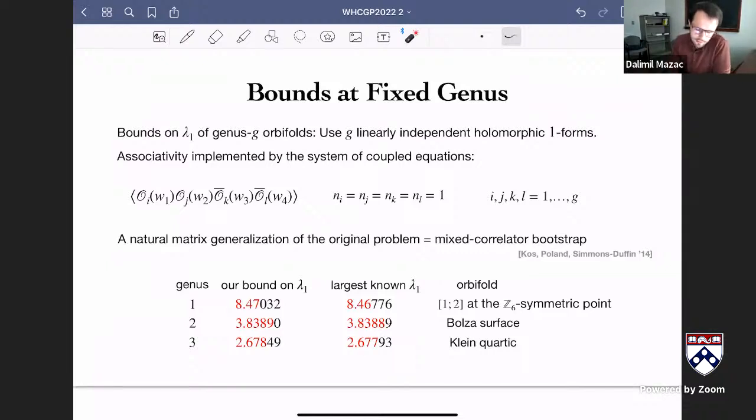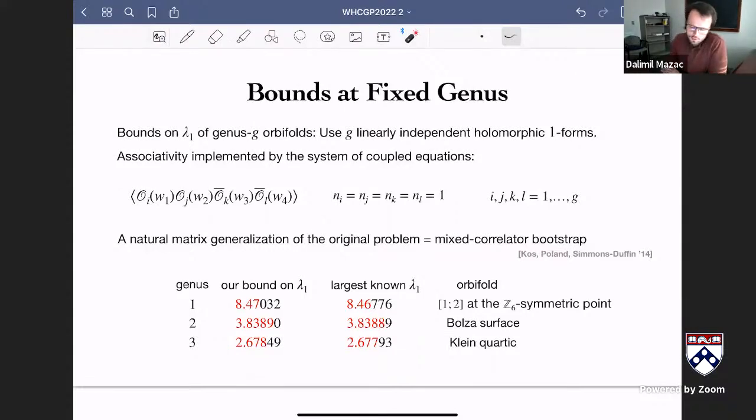So how do we get upper bounds on lambda 1 for all genus G orbifolds? Well, here the basic piece of information is that at genus G, there are G linearly independent holomorphic 1-forms. So the degeneracy of the n equals 1 discrete series is G. And one can use the bootstrap equations for 4-point functions of this type, where I, J, K, and L run from 1 to G, to set up a very similar linear program or semi-definite program, which is like a matrix generalization of the original problem,